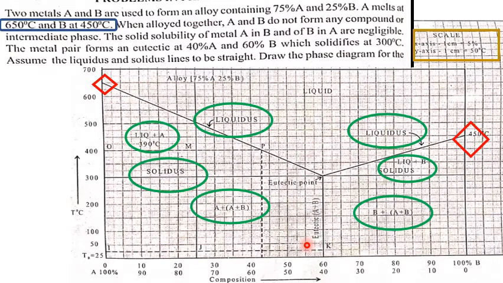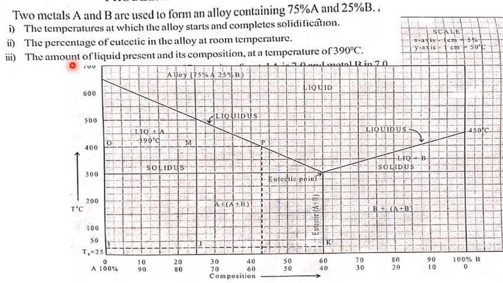Okay, these are the salient features you need to mention on the phase diagram. So once you mark all these regions, that completes the construction and labeling of the phase diagram. So liquidus line, liquid plus A, liquid plus B, solidus line, that is nothing but the TE line. And A plus B, and on this line it is A plus B, that is the eutectic mixture. Okay, so once it is done, we'll take up the conditions they have given.